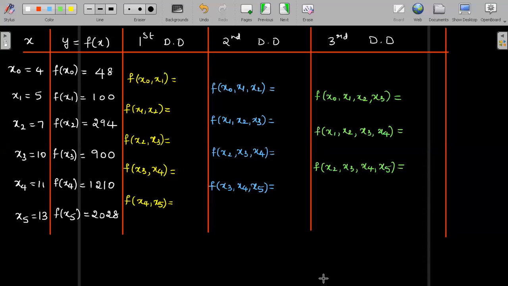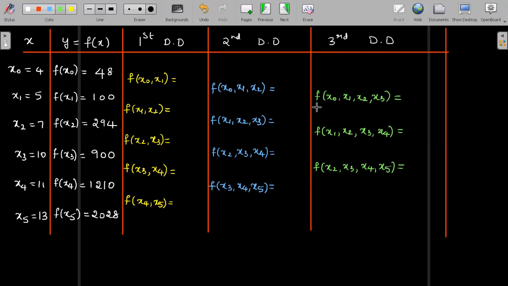Now this table along with the notations is ready for you. As I mentioned, the first order divided differences are denoted by f of x naught, x1, f of x1, x2, f of x2, x3, etc. Observe that very firstly you have to start with x naught, then the next value will be x1, the next value will start with x2, and like that you have to carry on. In the same manner, for second divided differences it is x0, x1, x2, then x1, x2, x3, x2, x3, x4, x3, x4, x5. So starting with x0, then x1, x2, x3. The last value in the last column should always be equal to x5.